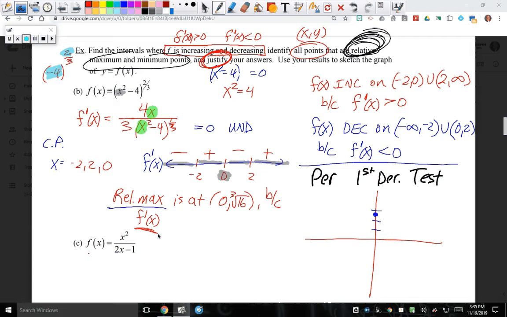Sometimes it will be f prime of x is increasing, but that's not yet. We haven't learned that yet. But for right now, do you think I'd want you to say f of x increases or f prime of x is positive? F prime of x is positive because we're using the calculus to describe it. But this one is going to say f prime of x changes from what? Positive to